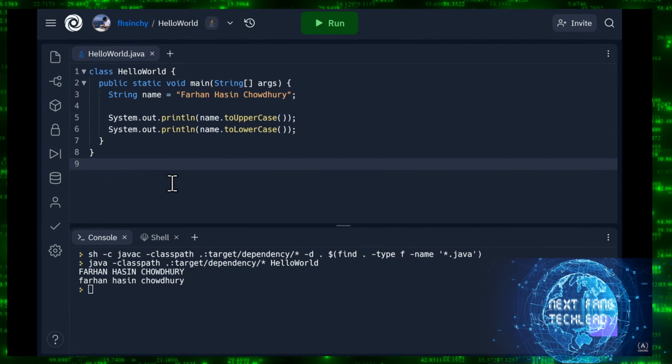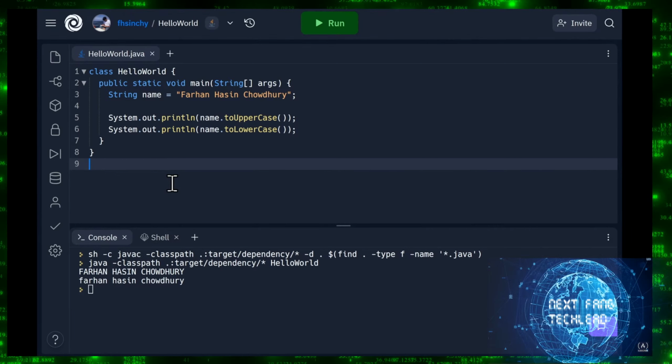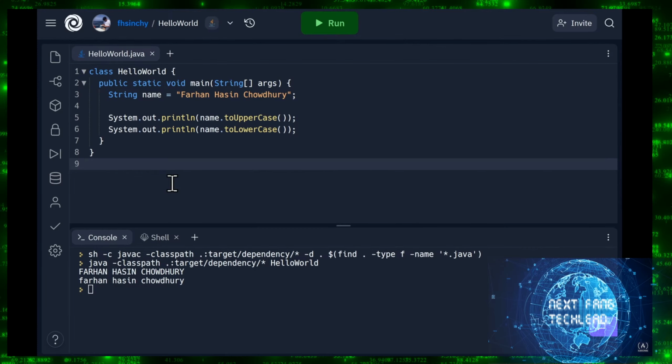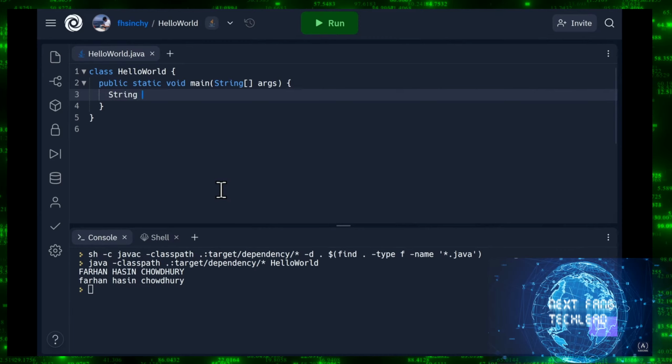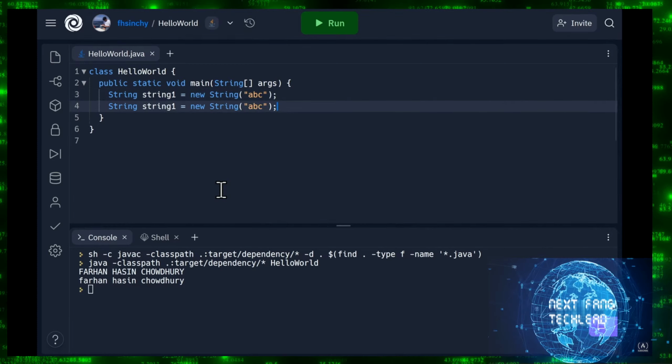In a previous lesson, I have taught you two ways to declare new strings in Java. There was the literal way that usually reuses the string value if it's found in the string pool, and then there was the usage of the new keyword. And I hope that you also remember that when you created a string using the new keyword like this, equals new String, and the value can be something like ABC, then make a copy of it and put string2